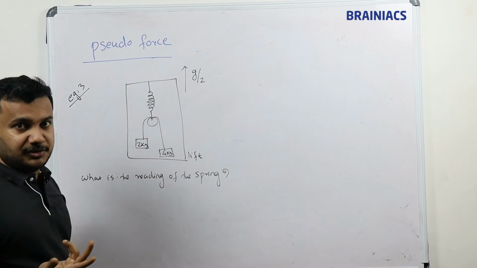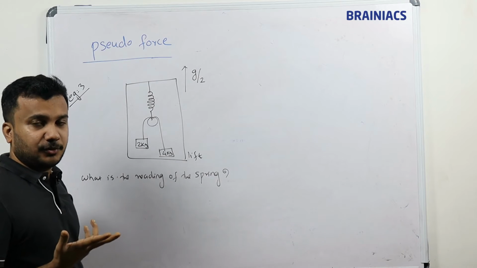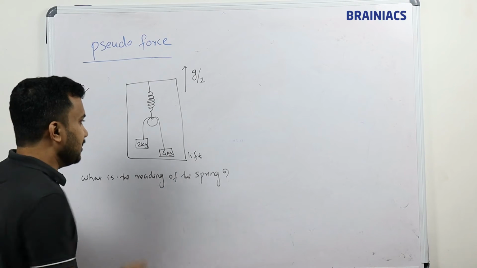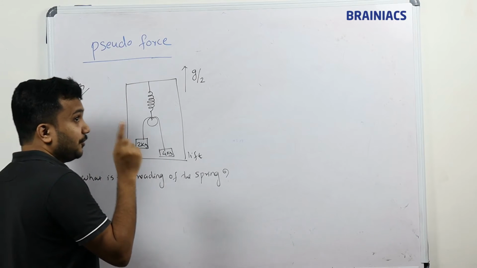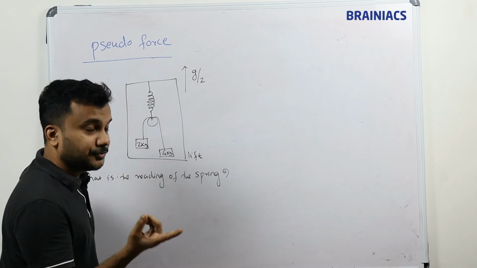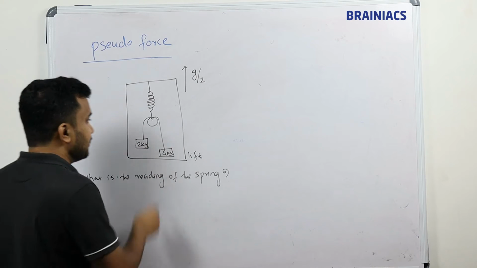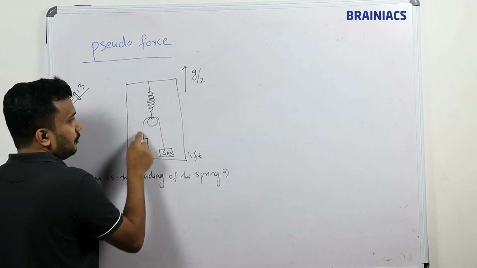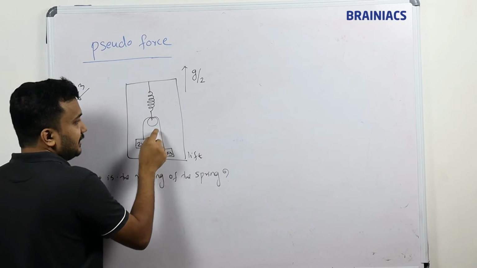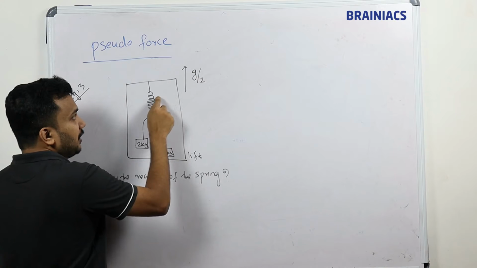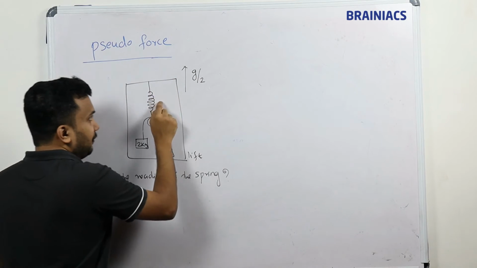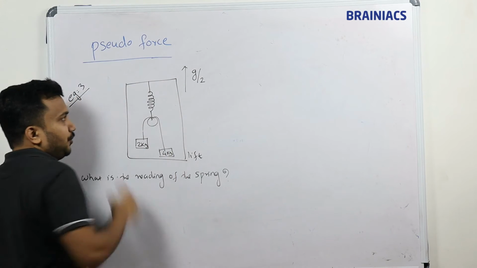Forward force into reverse mass plus reverse force into forward mass divided by sum of the masses. You will get a tension here. For tension, the shortcut formula is forward force into reverse mass plus reverse force into forward mass divided by sum of masses. You will get a tension on this rope. So this is T and this is T. So what total force will be here? 2T. So you have to find out 2T. 2T is the answer here.